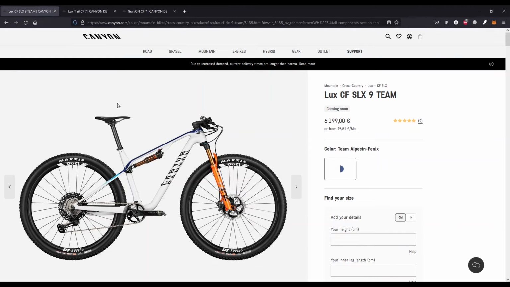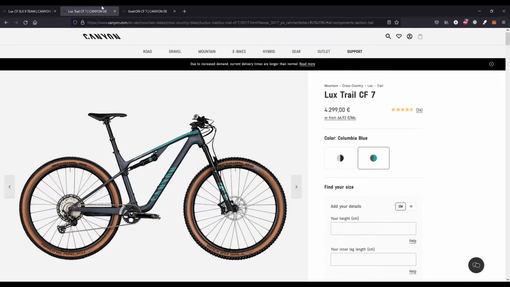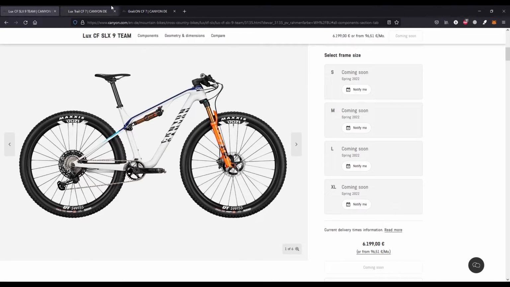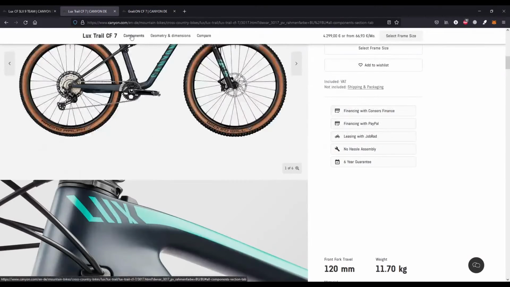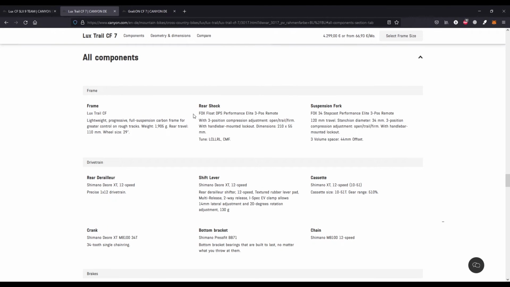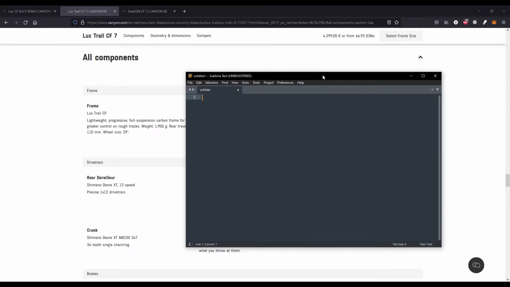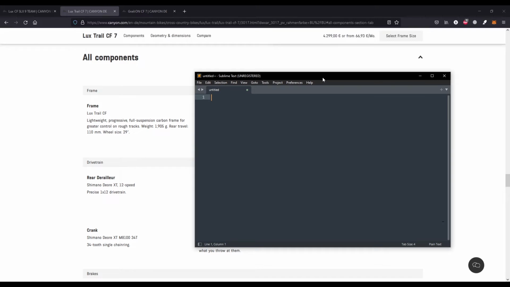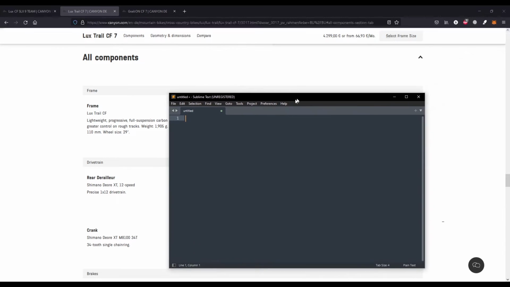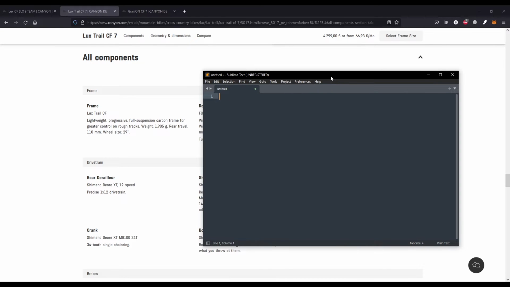There are actually three pages we want to scrape, three kinds of bicycle. I just picked them randomly, and each of them has different components, of course, because they're different bicycles. And the challenge here is to put them into a structured database, a structured result. Usually, if you store the result in unstructured data, you use a JSON type of format. So for instance,